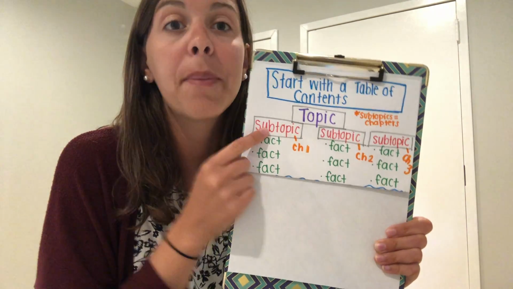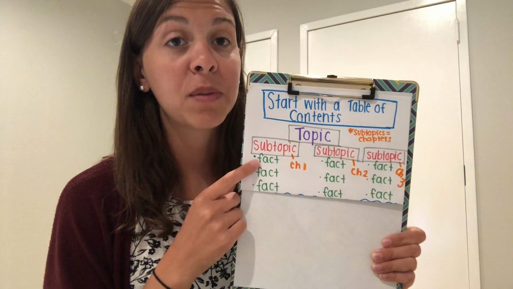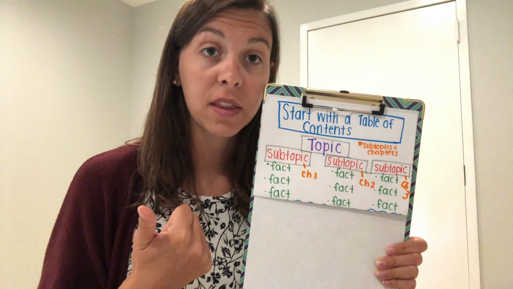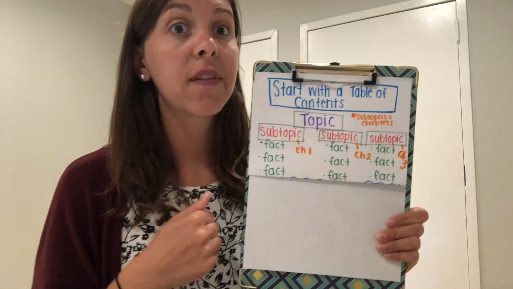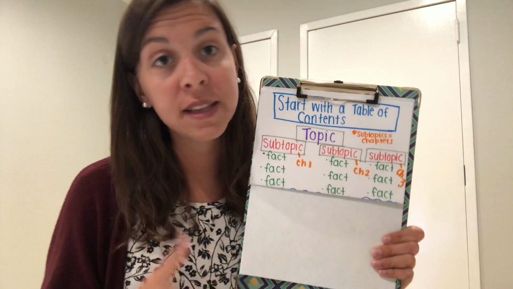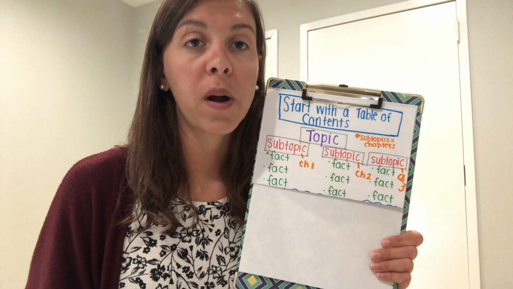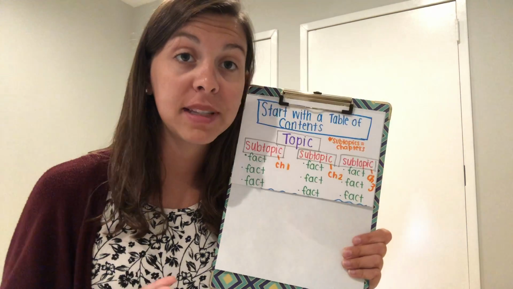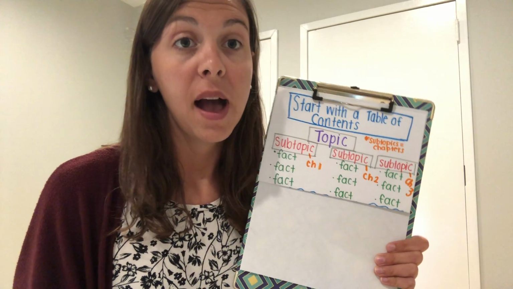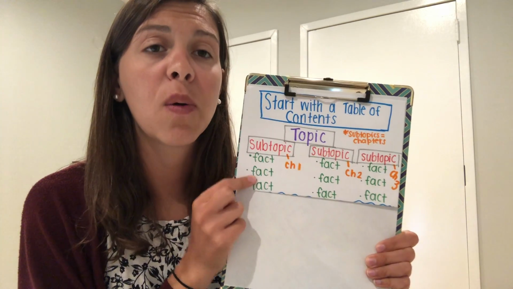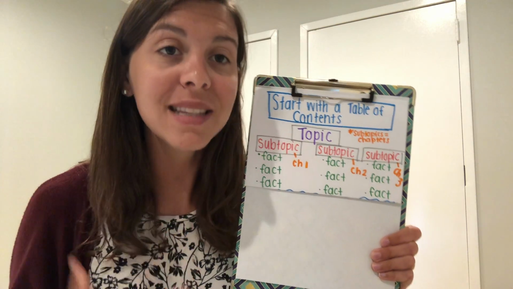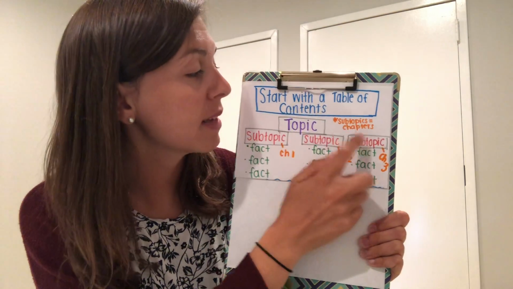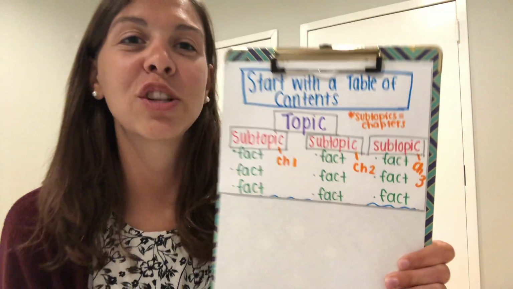So if this subtopic was Earth, some facts about it would be people live on Earth, or the Earth is covered by this amount of water and this amount of land, or the Earth is one of the only planets that has inhabitants or people that live on it. So those are some facts that would go under our subtopic. And what's nice is that these subtopics are the same as having chapters in your book. So what I'm going to do is open up and show you the rest of my graphic